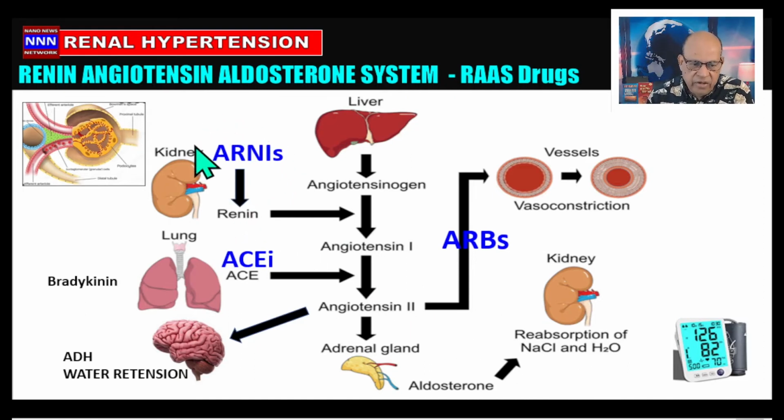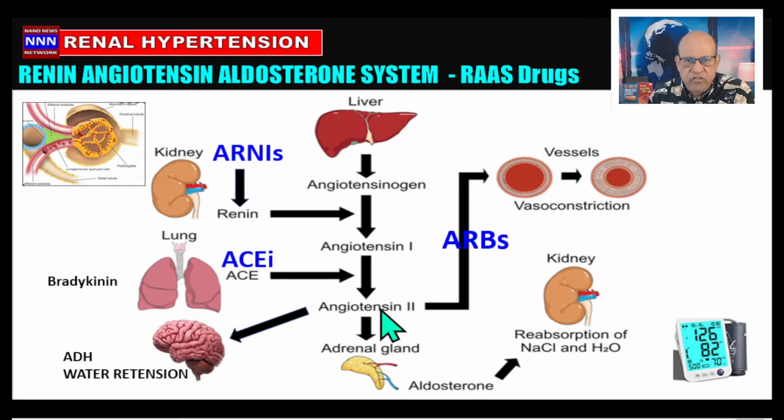So the direct renin inhibitors can block the function of renin and thus act at the renin level. Then we have angiotensin converting enzyme inhibitors, or ACE inhibitors as they are commonly called, which block the action of angiotensin converting enzyme at the level of angiotensin 1 to angiotensin 2 conversion,